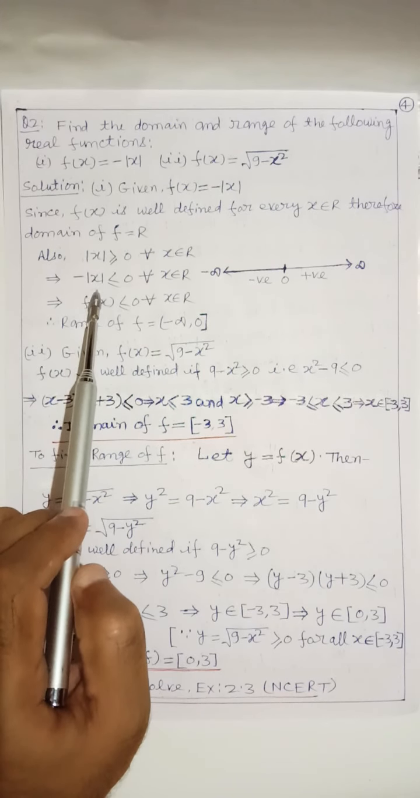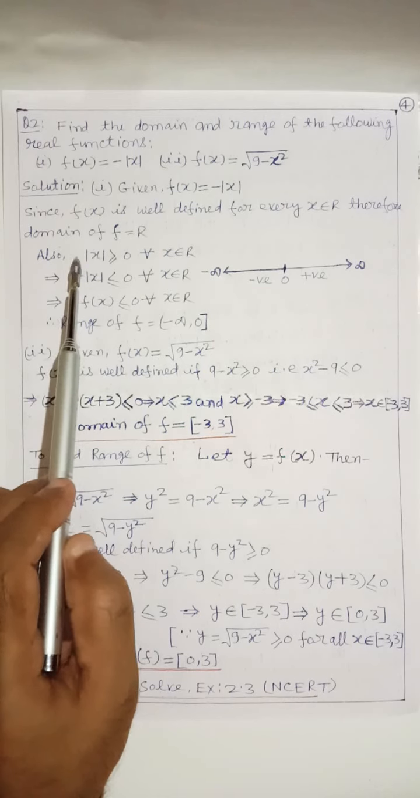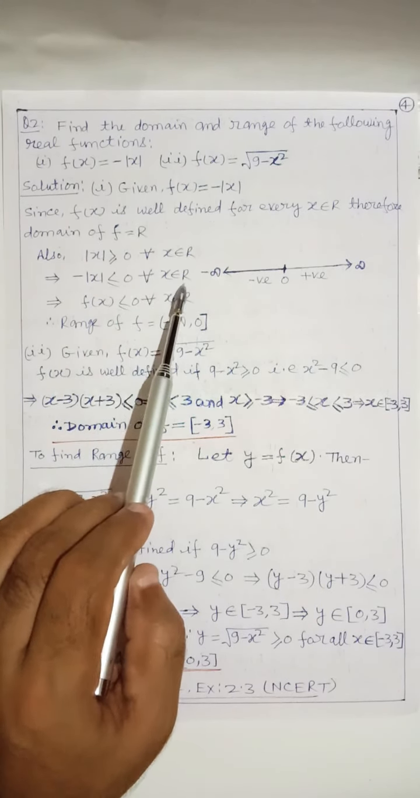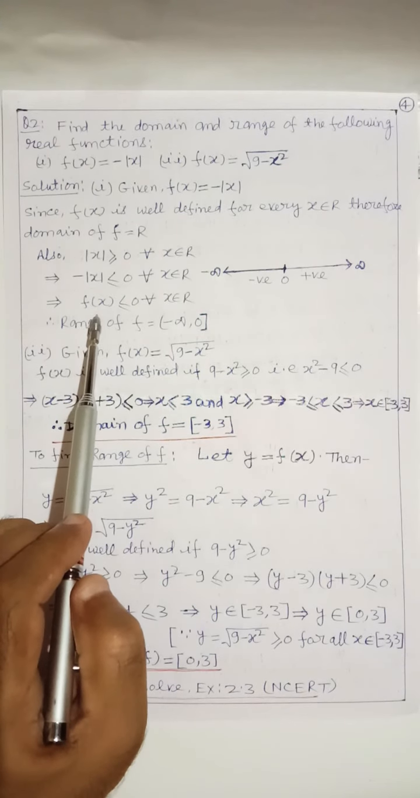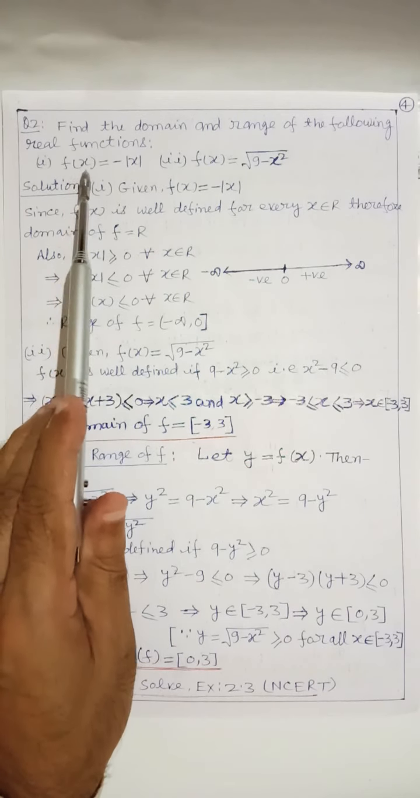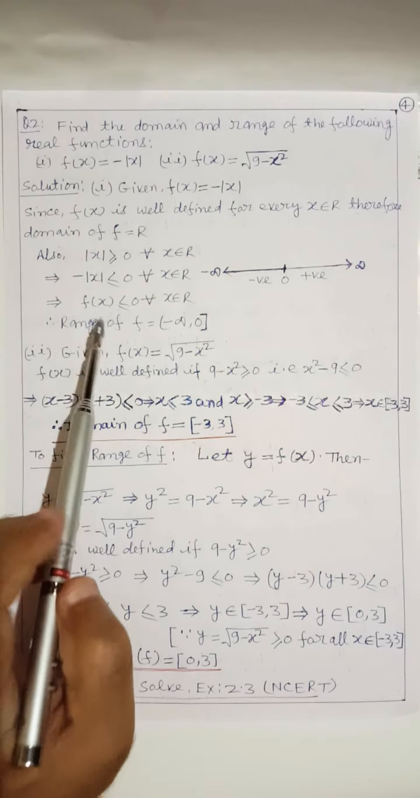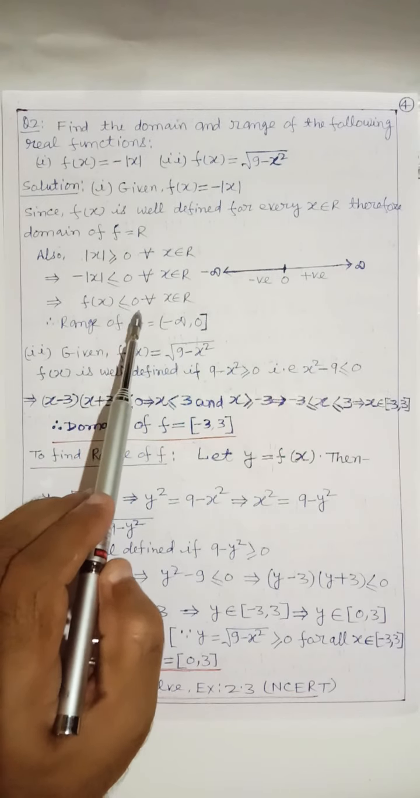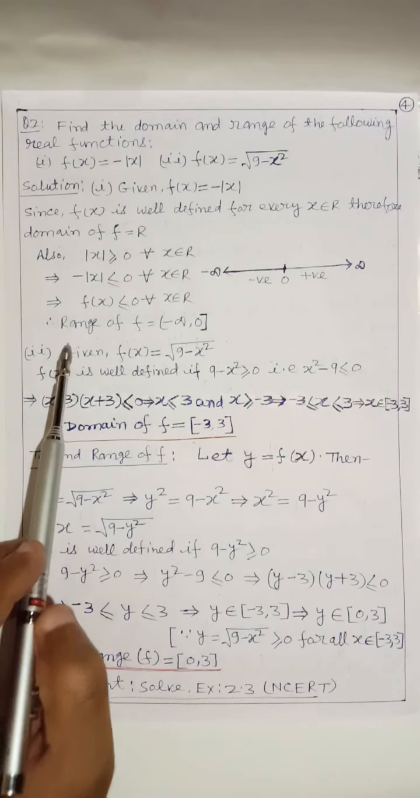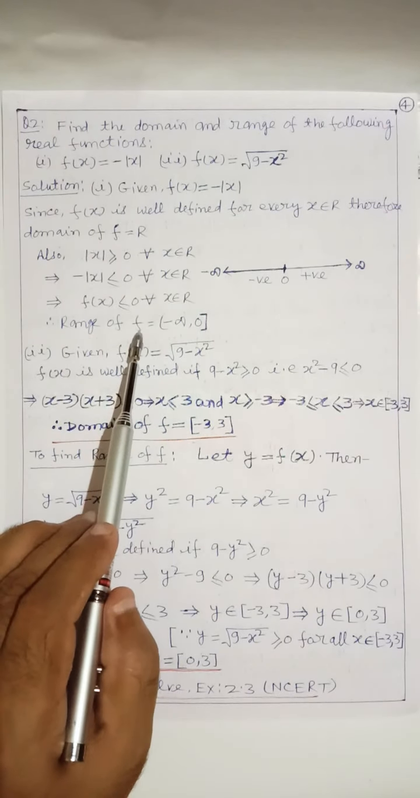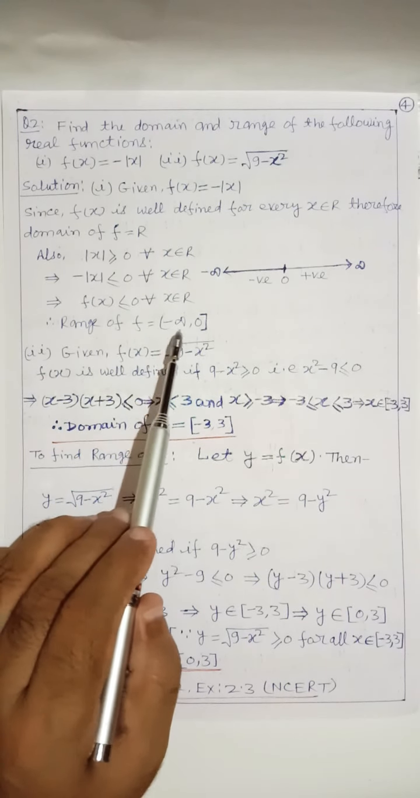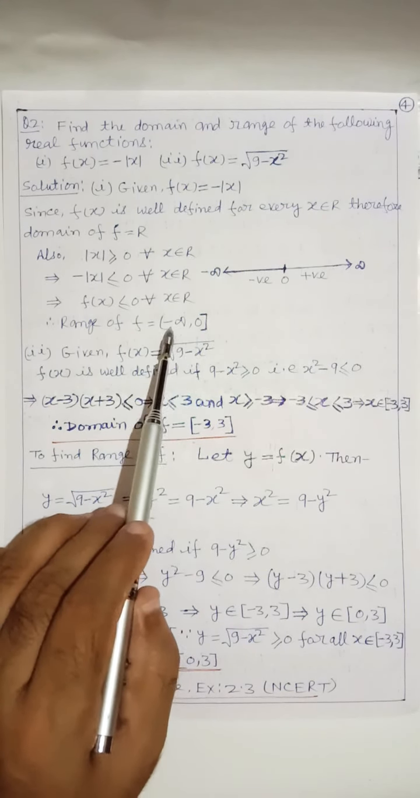Minus mod of x, according to this, if we take minus, this will be less than or equal to 0 for all x belongs to R. This implies that f(x) equals minus mod of x, that is equal to f(x), implies that f(x) is less than or equal to 0 for all x belongs to R. So the range of the function is less than or equal to 0, that means the left open interval minus infinity to